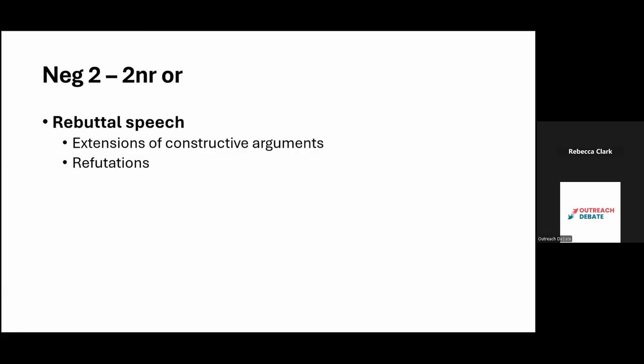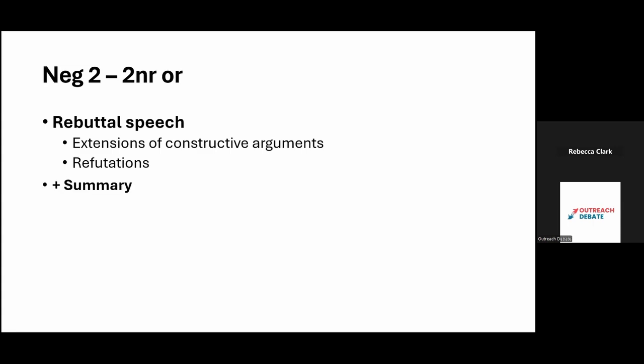So you just need this 2NR to identify the weaknesses of the AFF so well that even after the AFF gets another speech, the judge is saying, yeah, I understand what you're saying, but the 2NR made this really good argument that reminded me that you failed to do XYZ, or that you actually caused this bad thing. So the 2NR is a rebuttal speech. You extend your constructive arguments, you do your refutations, and you really need to be thinking about this speech in terms of what did the AFF fail to do correctly, and what am I equipped best to talk about? Because you have a 6-minute speech, so you have so much time to go through so much nuance, and you just use the speech well.